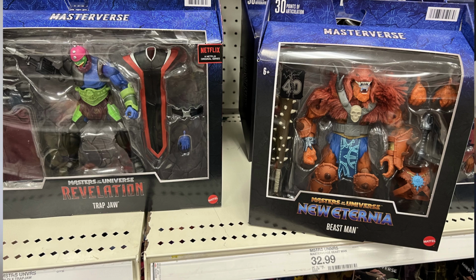He's got like the big cloak. He's got the crown from a beast. He's wearing that. He looks massive. He's got a lot of accessories. That figure is $32.99. Just looking at what Kamakura gives you versus the Beastman, it's like, come on, guys, what